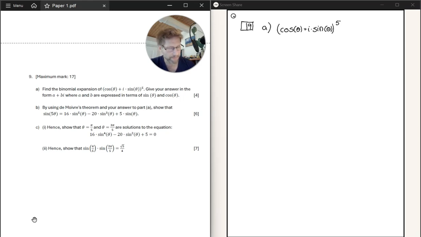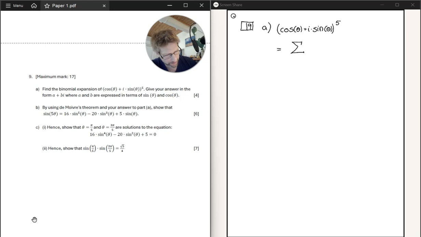And I also see people who think it would be so much nicer to put this in polar form. That's more or less the same as de Moivre's theorem. But again, you're not doing what they ask for. We have a binomial with two terms, and it's raised to the power 5. So they want us to do an expansion. So you should really just